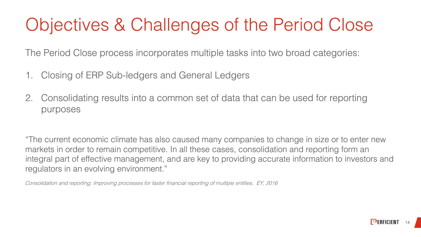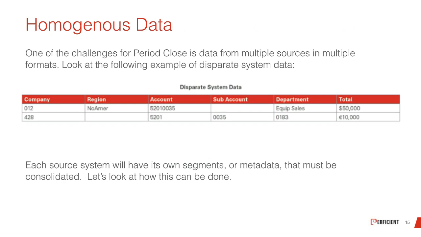So let's talk about homogeneous data. This can be a process-driven initiative or a technology-driven initiative. You don't have to have new software to get homogeneous data. You can always change your chart of account structures whenever you need to. However, it's hard to do. We all know how hard it is to get people to change from a chart of account structure. But it's something that you can do regardless of software. So that's why it typically waits until we do a new implementation of a system before we look at that chart of account.